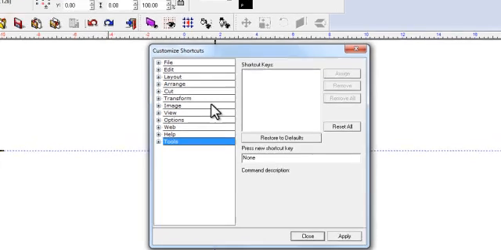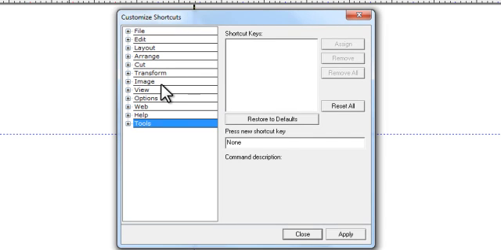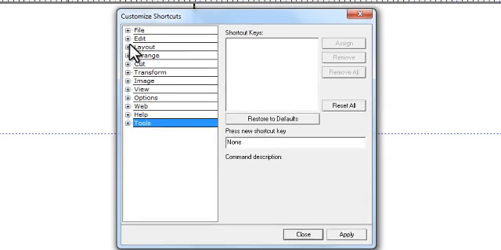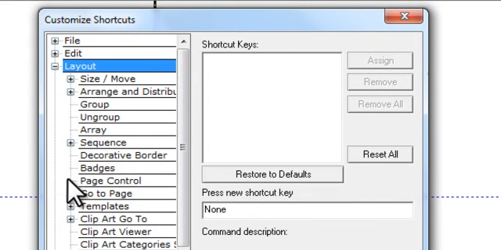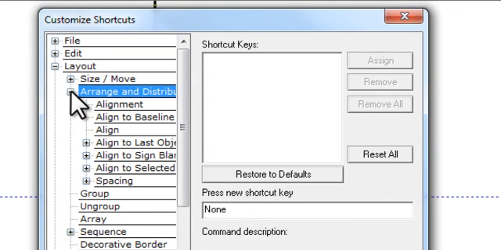Now then, there are already a lot of shortcut keys assigned in the software, so be sure to check out the list that I have on my website that you can download. There are over 100 different shortcut keys that are set up, and a lot of those are Control this or Alt that, whatever. But in addition, if you go under Layout and come down to Arrange and Distribute and